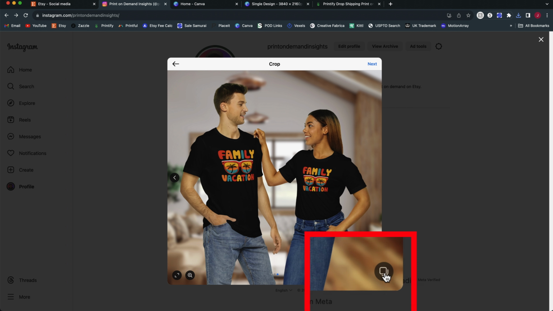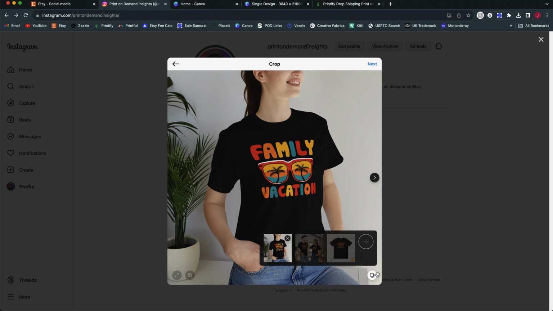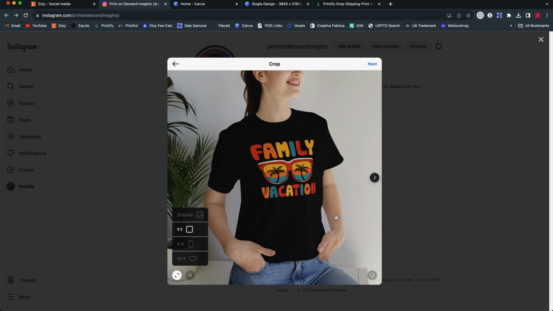Now, if I click on the bottom right corner of the screen where you see this little stacked image, this is going to allow me to reorganize these pictures so I can move the order of how they are displayed. So there we go. So that has now reorganized my images. I can also click on the bottom left corner here to change the aspect ratio. Now these were already in a 1:1 square aspect ratio coming from Printify, so I really don't need to change